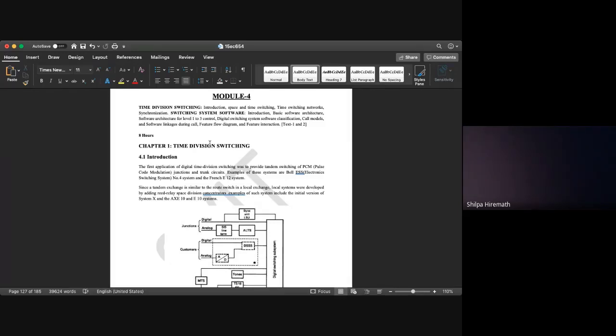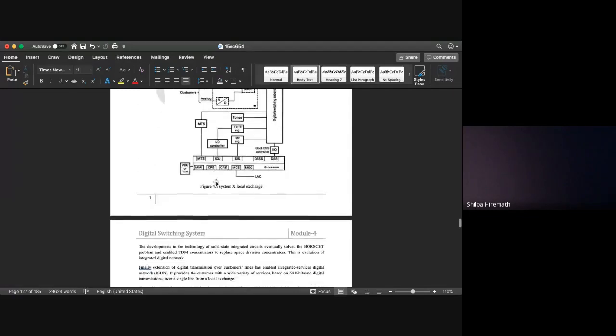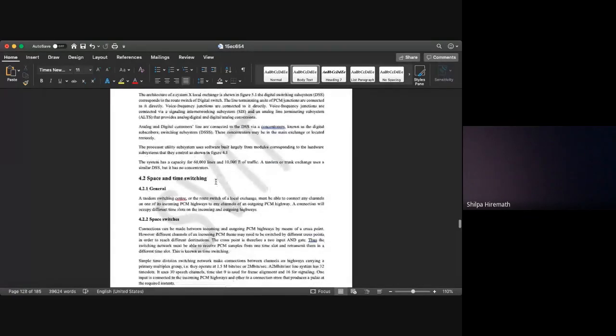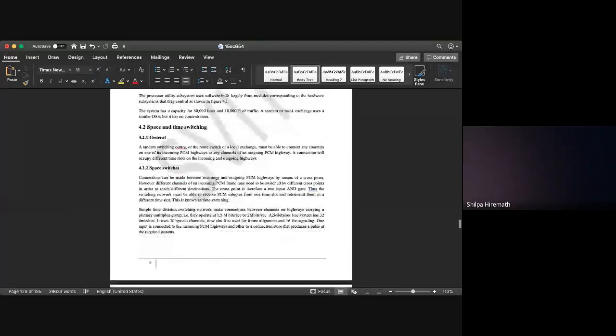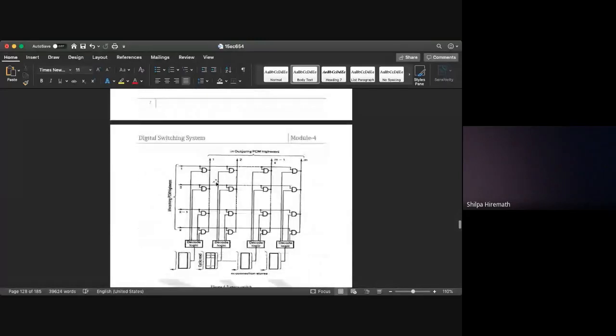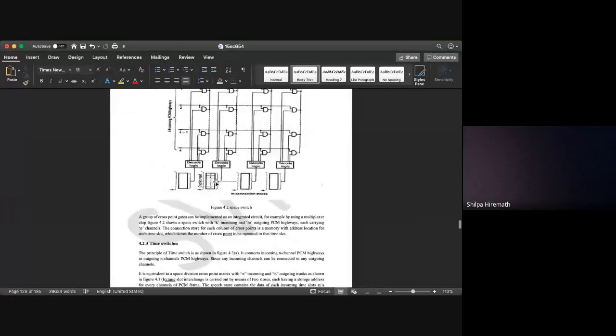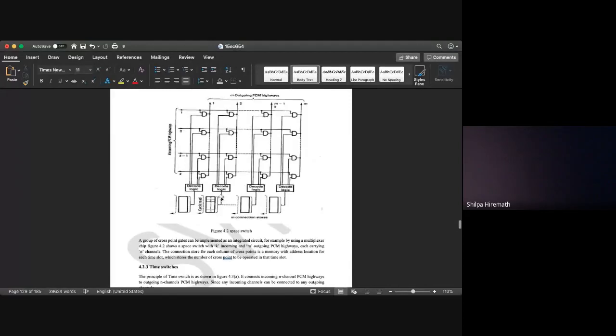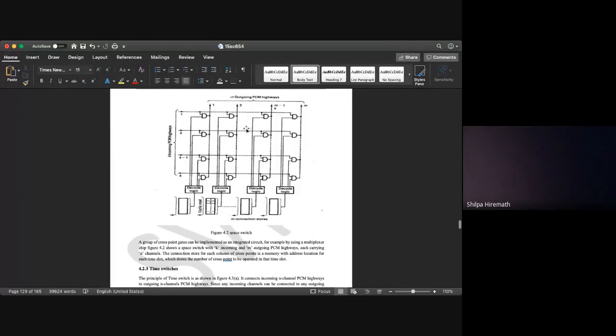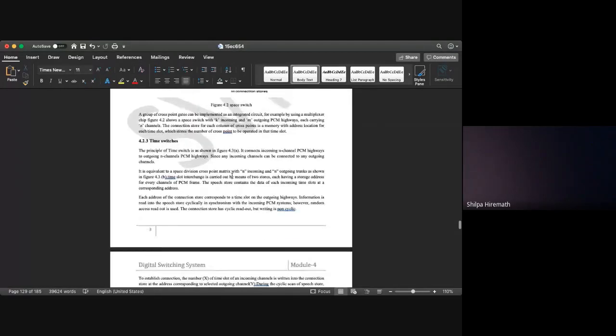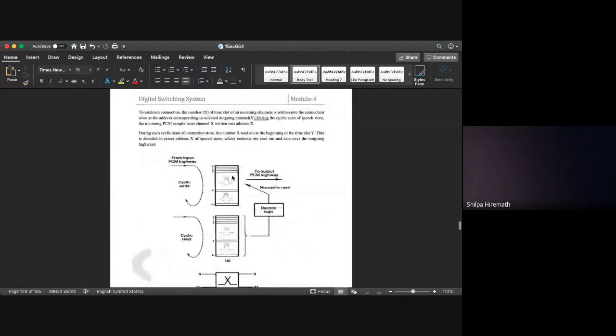in Sayyadar Ali. In the last class, we have just went through what is space switch and what is time switch. Yes. So these all things have been covered. This is the space switch. The working of the space switch is being delivered. The working of the time switch is also being delivered. Yes, how time switch works, there are two types. One is time slot interchanger and the other one is a high speed bus.